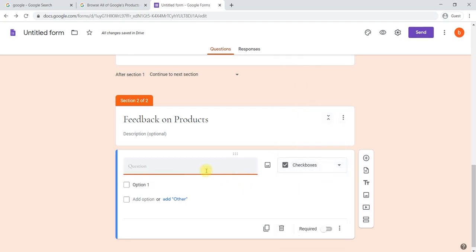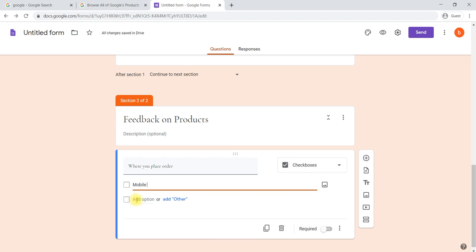The question is related to where you place the order, in the sense from where you are placing an order. The first option we are giving here is mobile.